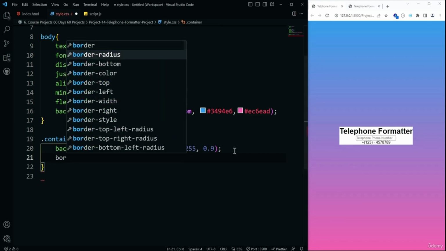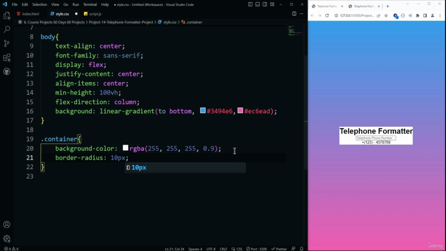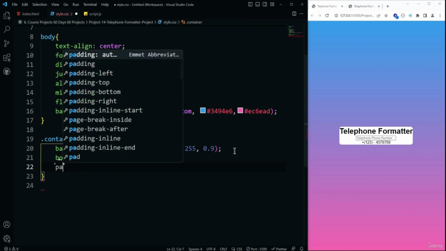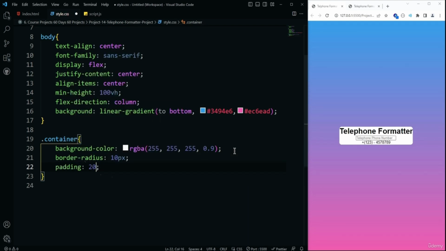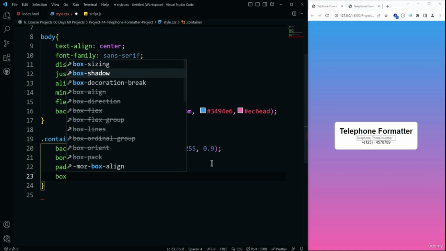After that, we need to set the border radius to 10 pixels, which will give the rounded corners. And then we need to increase the padding. So padding is going to be 20 pixels. And once I did the padding, it's time to apply the box shadow, which is one of my favorite